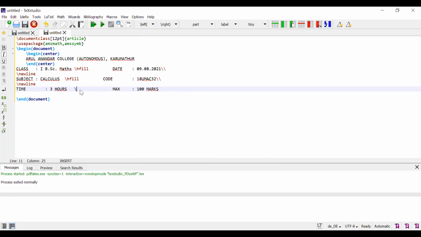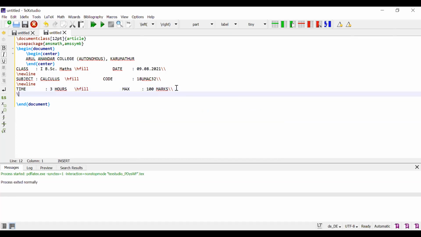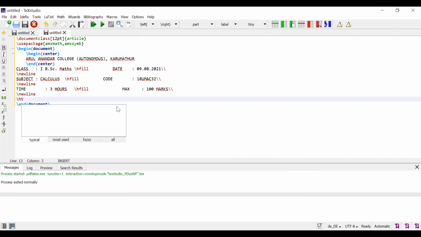In between, hfill, and at the end, a new line. Again one more new line. Next, I want to leave one line. For that, the command is hrule. One more command is there, hline, but whenever we use hline, we have some corrections.